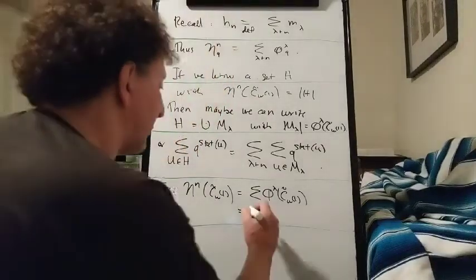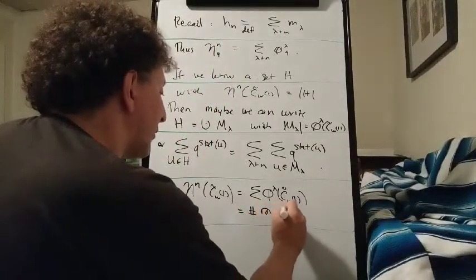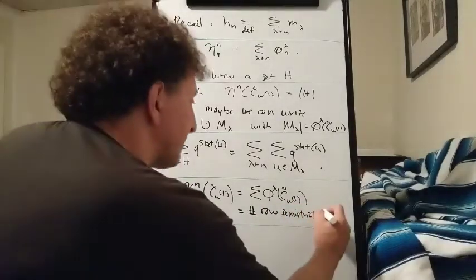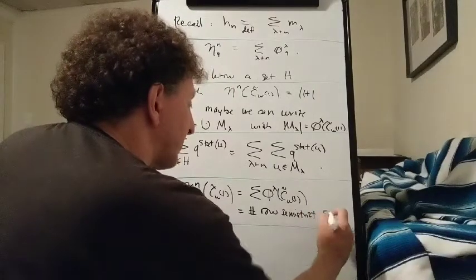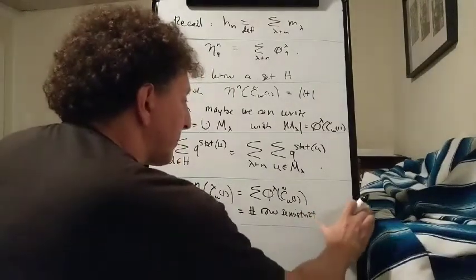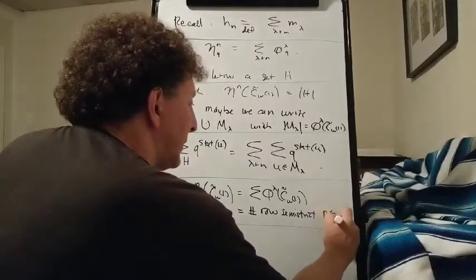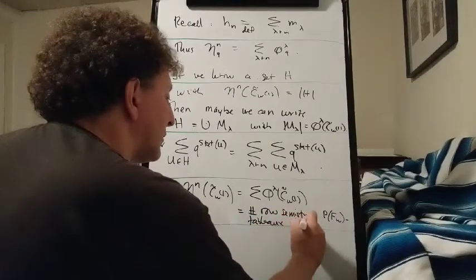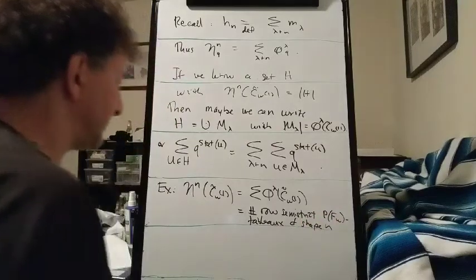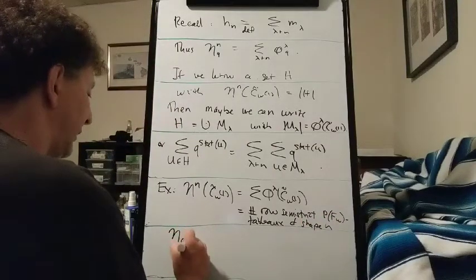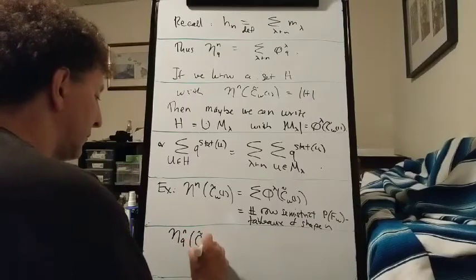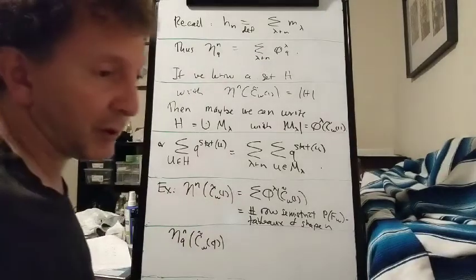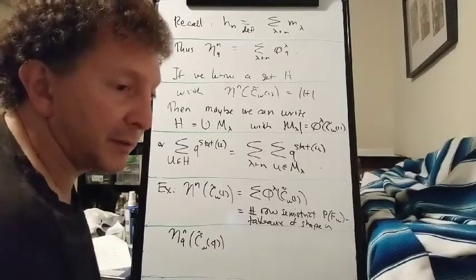And we can write this as the number of row semi-strict PFW tableaux of shape n, or the Q version. We don't exactly know a Q version of this statement, but we know a Q version of another statement, and that is